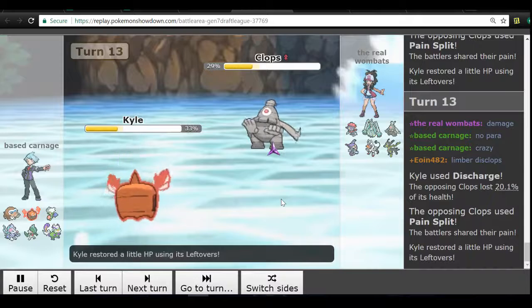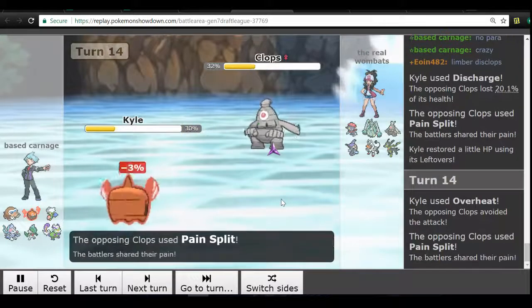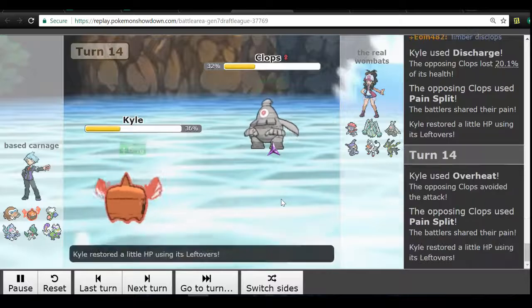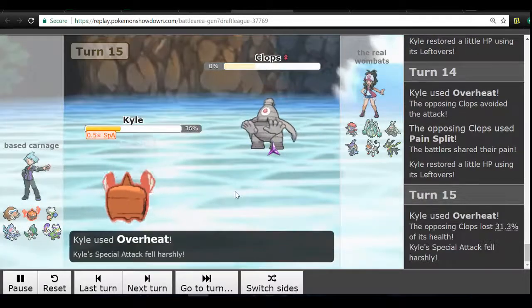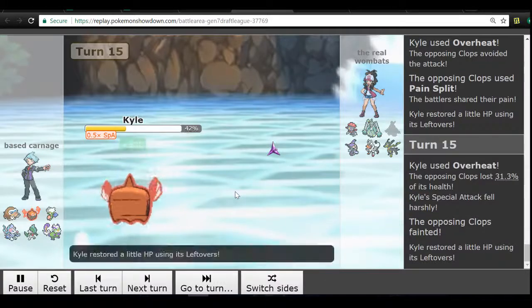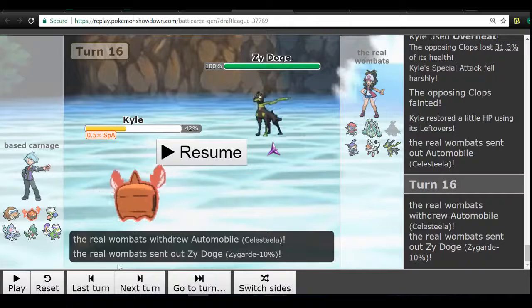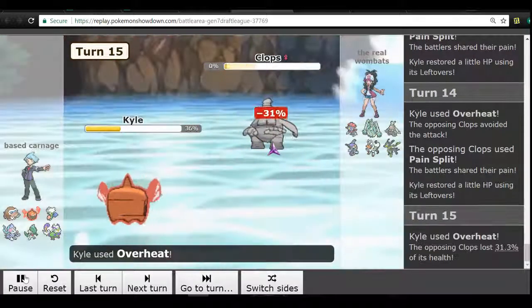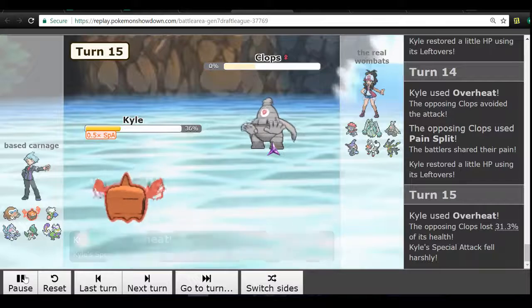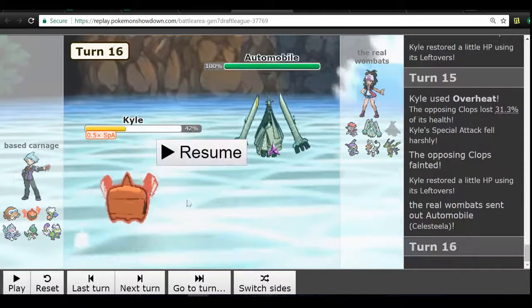So Overheat kills at this point, so I'm like, okay, let's just go for it. Nope, we miss. We're out here missing. He goes for Pain Split, and that's just wasting Overheat for me. I go for Overheat again and finally kill that annoying Dusclops. And, okay, so let's go back. So I go for Overheat here as he goes into Celesteela,